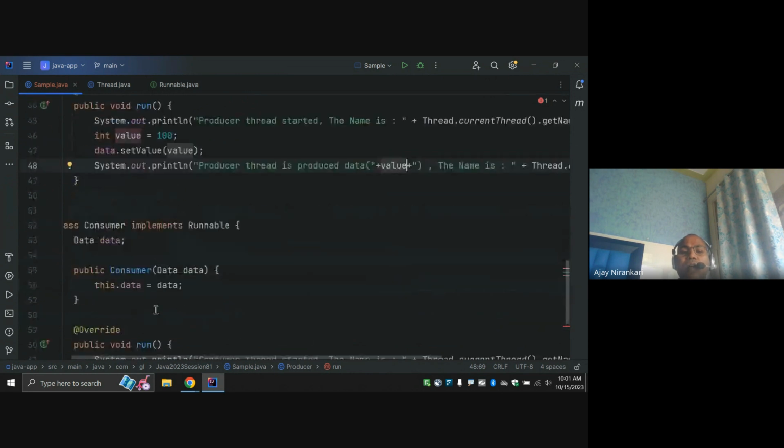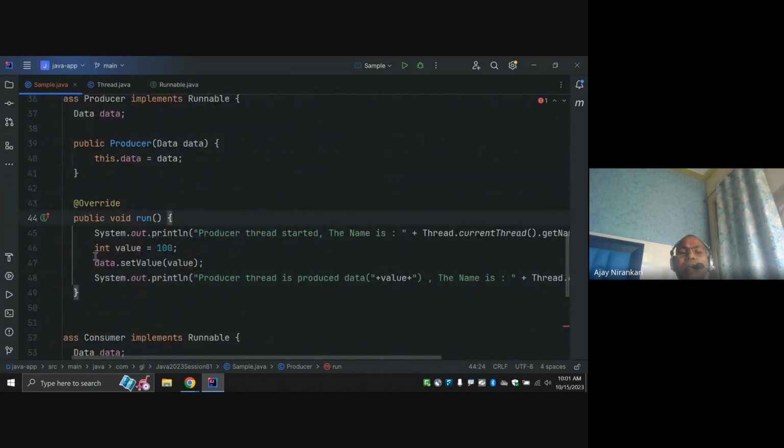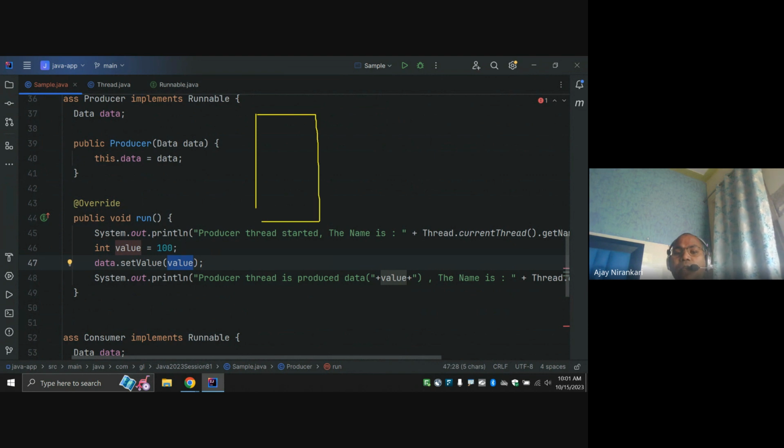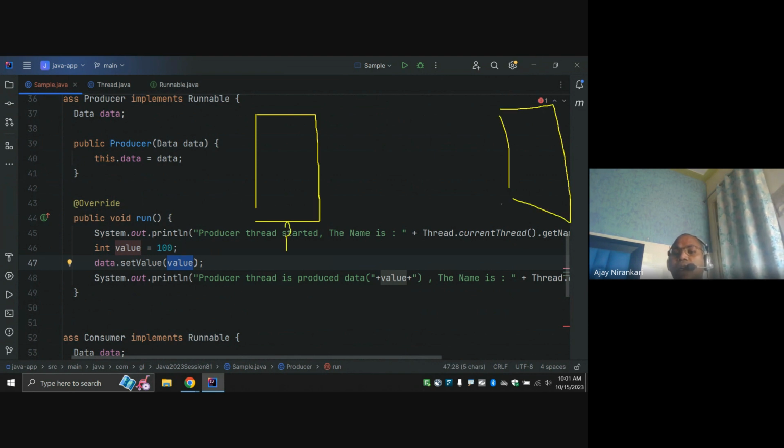So here, our producer thread gets some random number data and is just setting the value. That means this is my producer thread, and this is my consumer thread, and they have